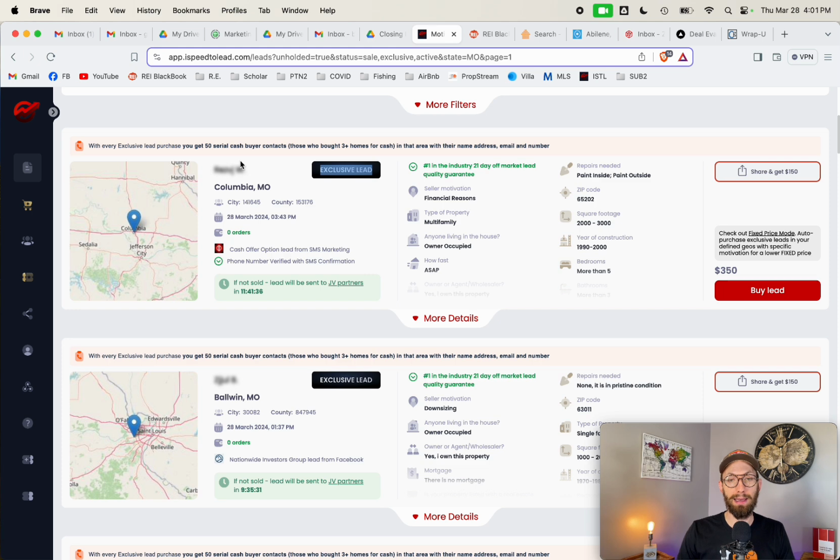You can buy it and have it be exclusively your lead. Nobody else can buy this lead. Nobody else can reach out to this seller. And you can see that the lead was generated from SMS marketing, so this was a lead generated by a text messaging campaign. If you wanted to buy the lead, it's $350 for this particular lead, which might seem expensive,